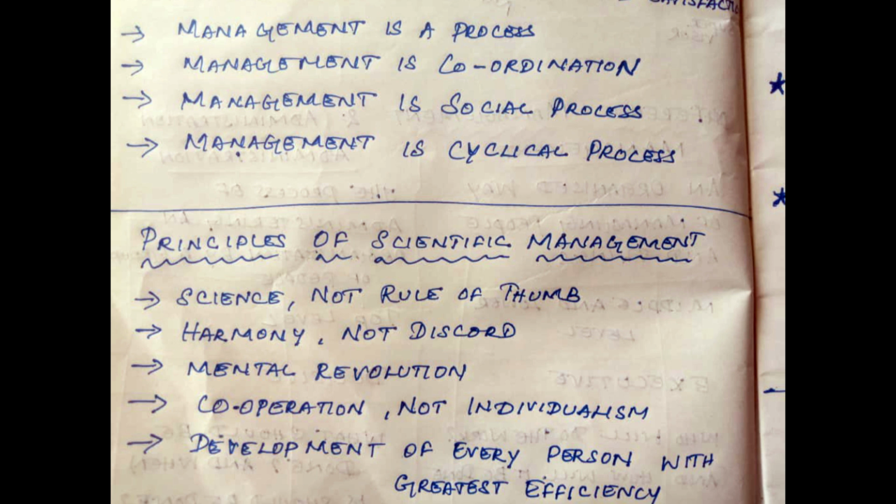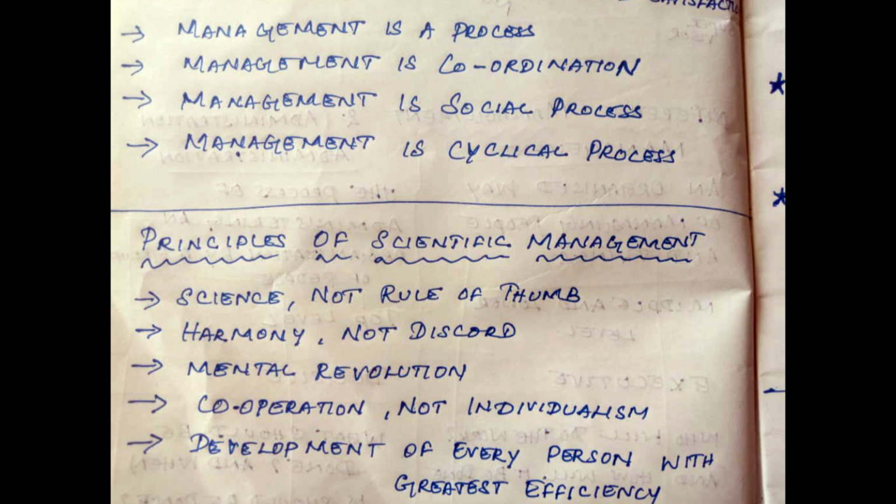Already we have seen it in planning, action and control. So we have to plan something, we have to execute it and next we have to control it. In this lesson, we have 2 main principles. As you know, the first one is the principle of scientific management and the second one is the principle of modern management. Now, we are going to go through the principles of scientific management.